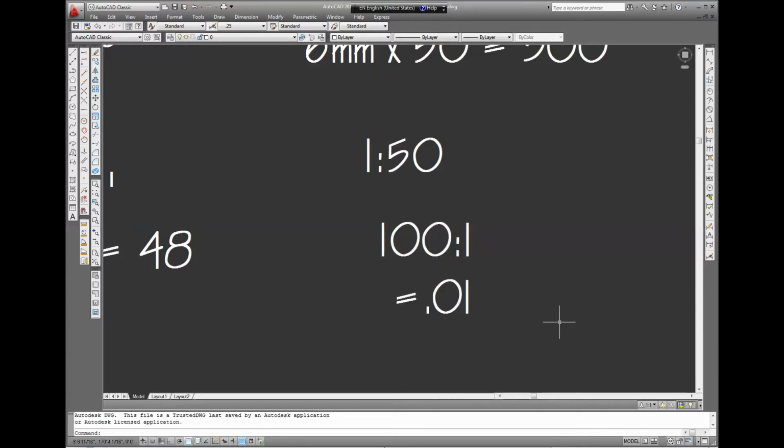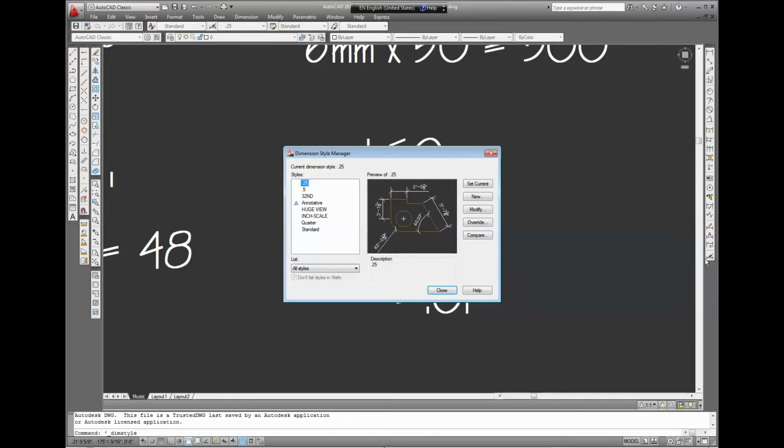Once we have our ratio, then we're ready to set the dimensions. And we'll do that under the Dimension Style Manager. I've got this style already called 0.25 for 1/4 inch. 1/4 inch equals 1 foot. I'm just going to show you,